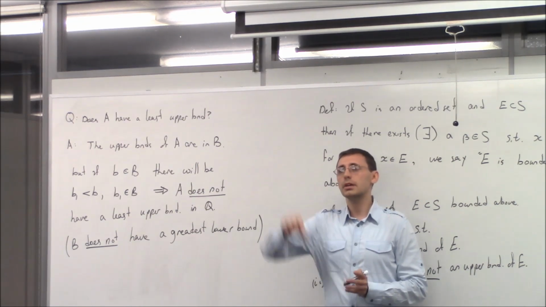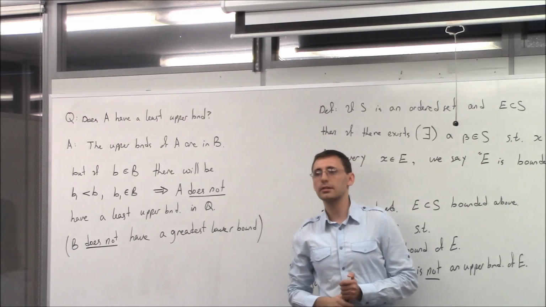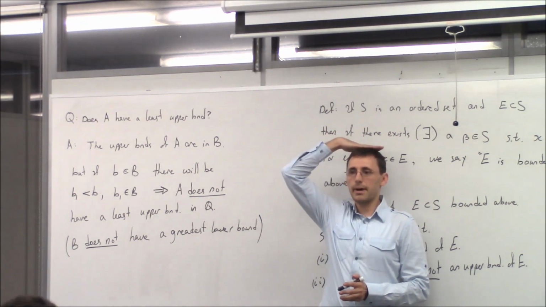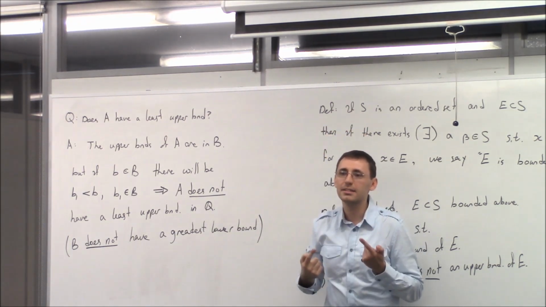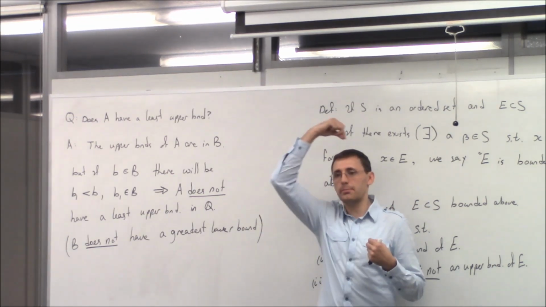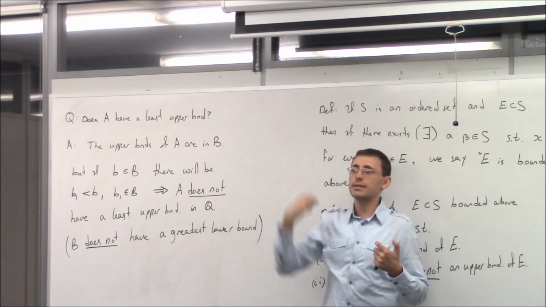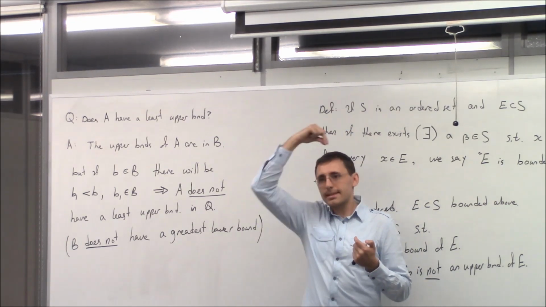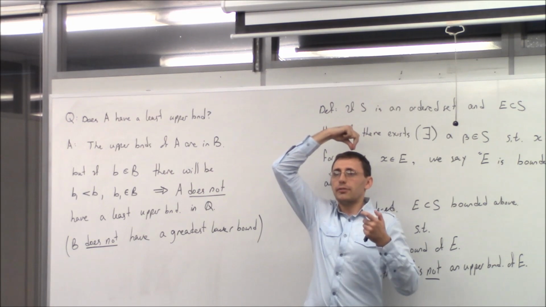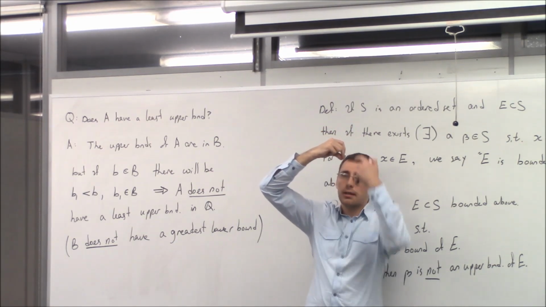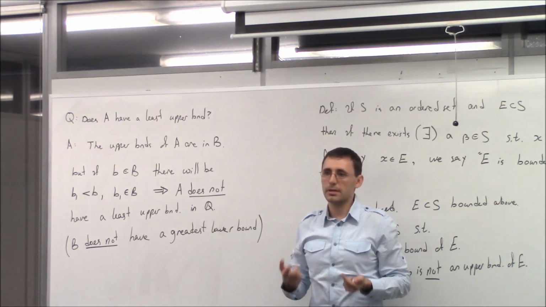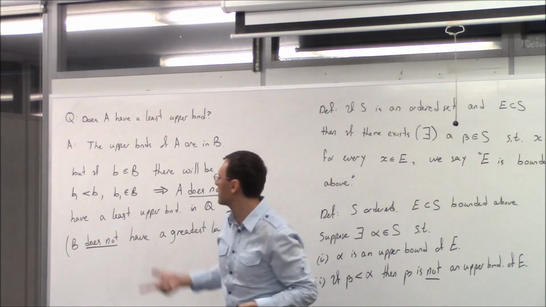Would anybody tell me? Yes, in the back, your name? Bart. Bart? Yes, Bart, please. The maximum would be like the very top of your head. Yes, the maximum is the very top of my head, provided that it's part of me, exactly, right? So maximum is the biggest element in my set, okay? What's the difference with supremum? The supremum, the least upper bound, is such that if you go any lower, you will contain points that are part of me, right? But it might not be part of me, right? So supremum is a maximum that might not be part of the set.